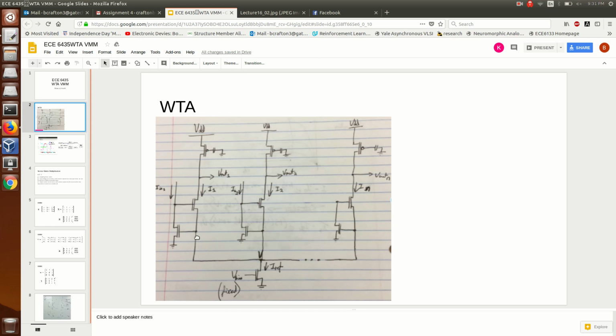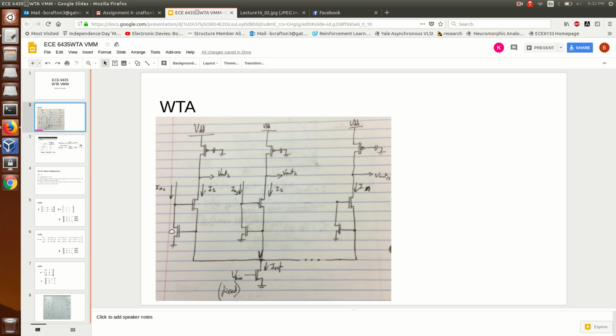This rectangular structure is a current conveyor. Down at the bottom we have a current source with a fixed bias voltage pulling through a reference current, which comes through all of these terminals. These come all the way from a PFET which is connected to VDD and then connected to your Vout as well. The best way to think about this is if you have two input currents which are the same, so I1 and I2,